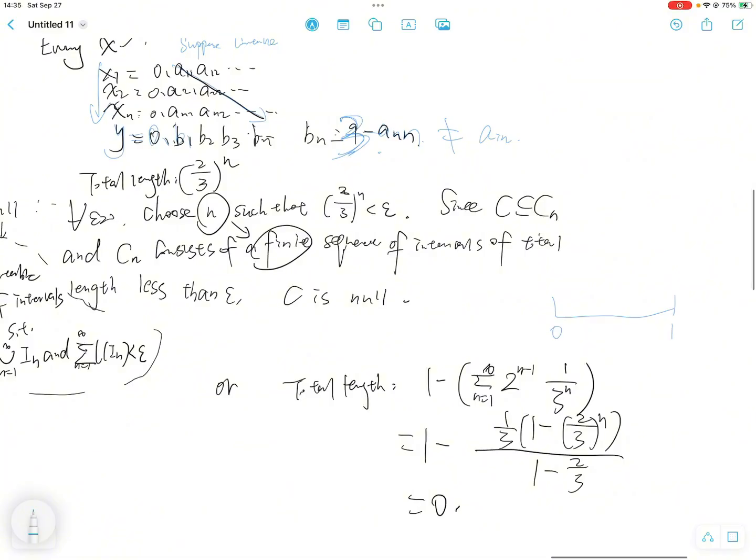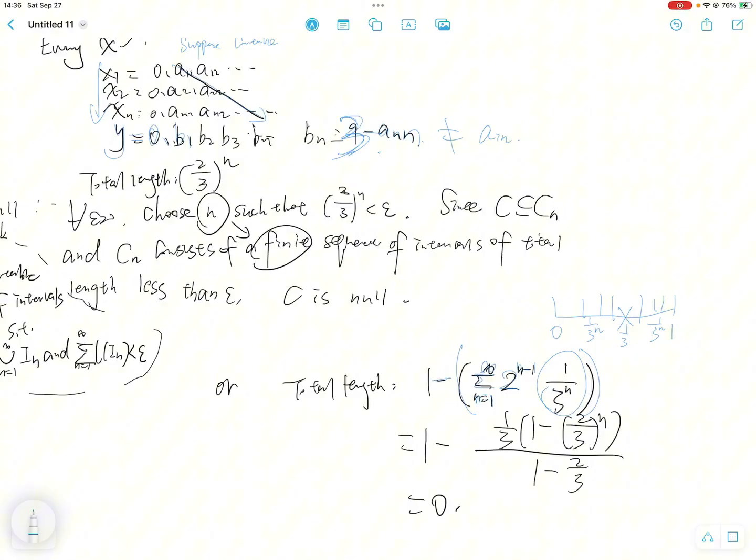For 0 to 1, it has the length of 1, and I will subtract the sum from n equals 1 to infinity of all that I removed, because each time this length is this, and I do this. And this has 2 to the power n minus